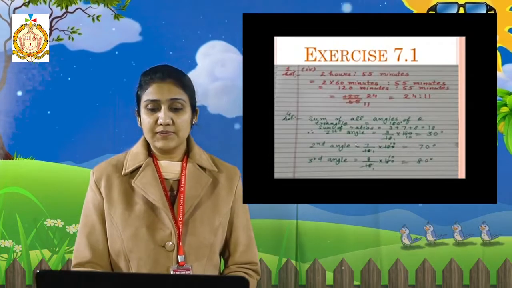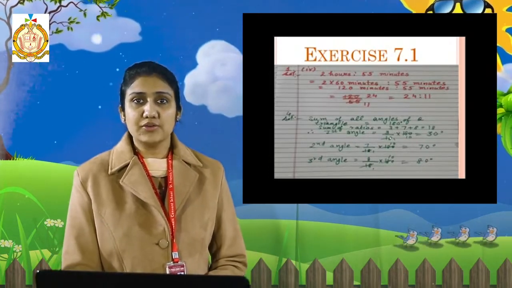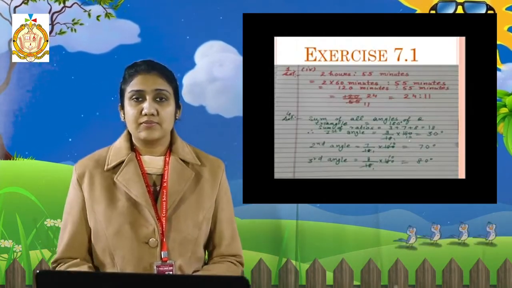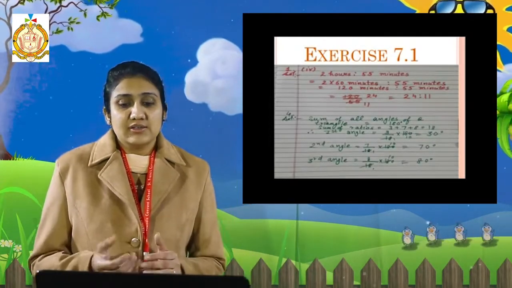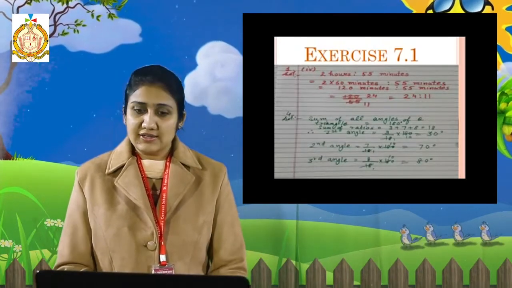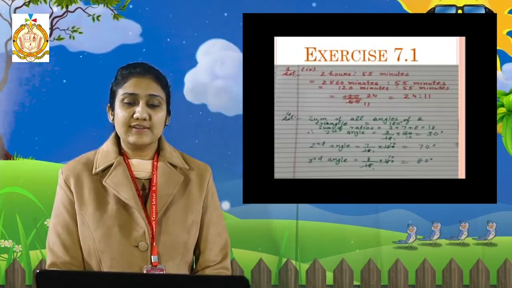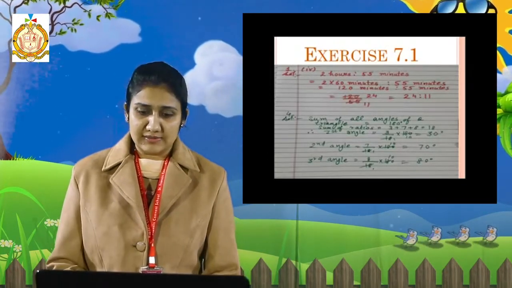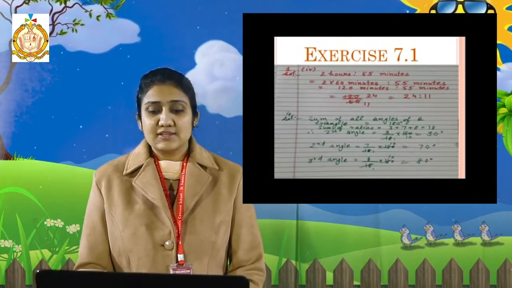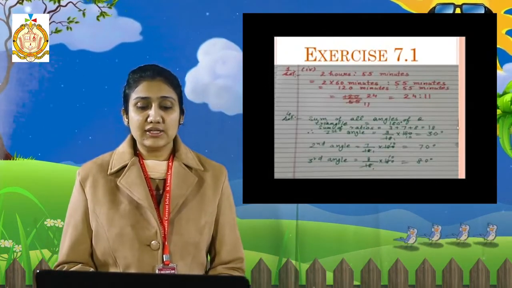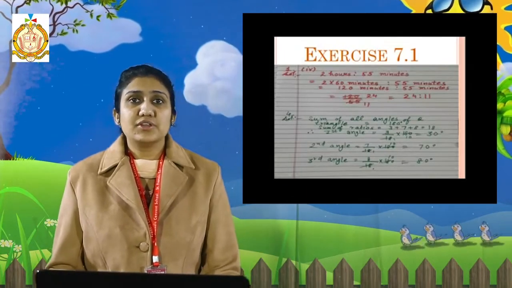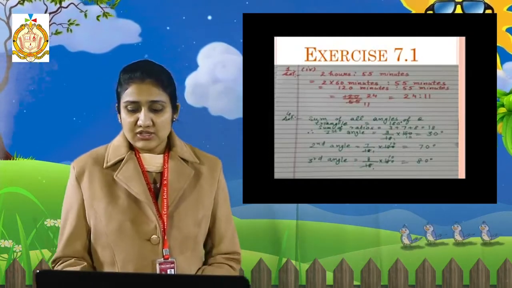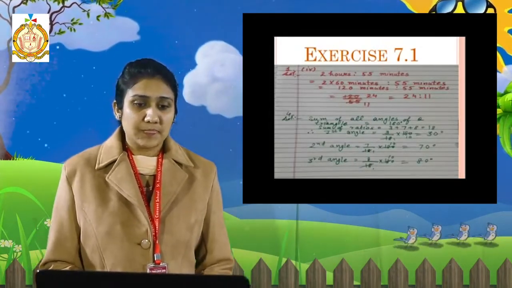So the first angle will be the first angle's ratio upon the total, 3 divided by 18, multiplied by 180, multiplying with the total quantity. Here the total quantity is 180 degrees. Cancelling out the terms, we write the answer 30 degrees. In a similar way, we can find the second and the third angle. For the second angle, place 7 in the numerator and the total in the denominator of the ratio. The total of the ratio is in the denominator and the total of the quantity is multiplied. In this way, you have to do the sums of ratio.